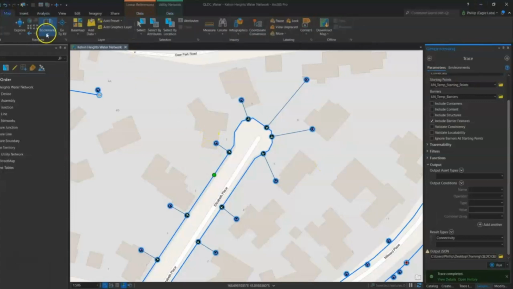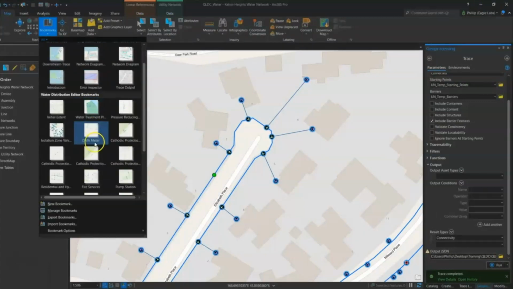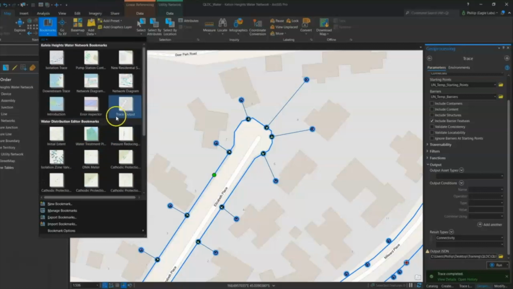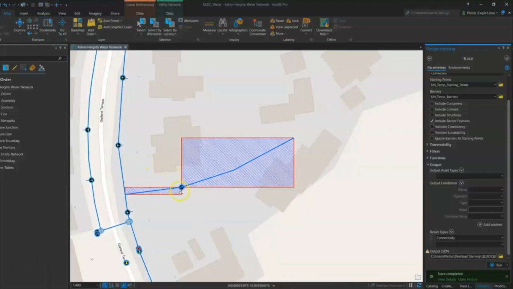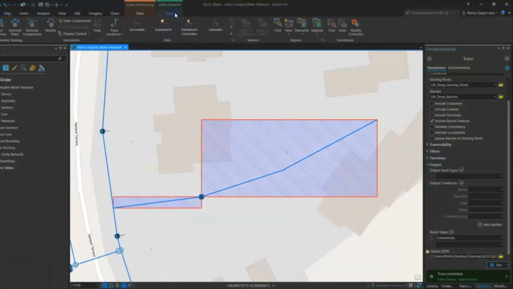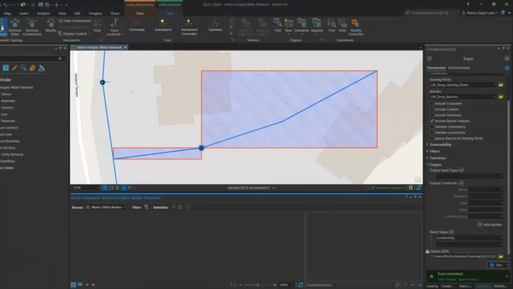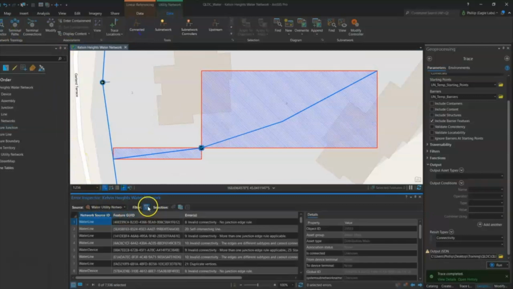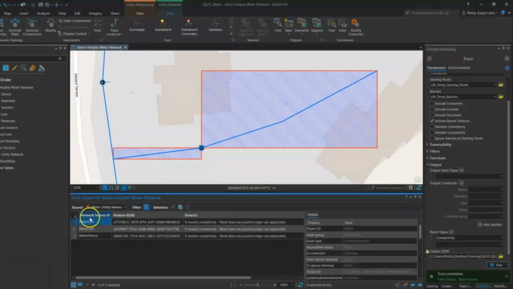And so next I'm going to show you the error inspector. Let's find the bookmark. We've got a couple of errors that I made here, and the error inspector can be found in the data tab in the utility network, and it allows you to filter your errors to the screen extent, toggle through and select your errors. You can zoom to errors. So I zoom to the water device.